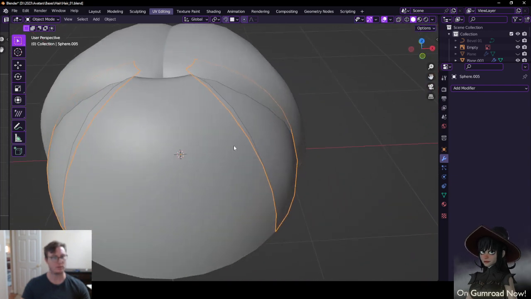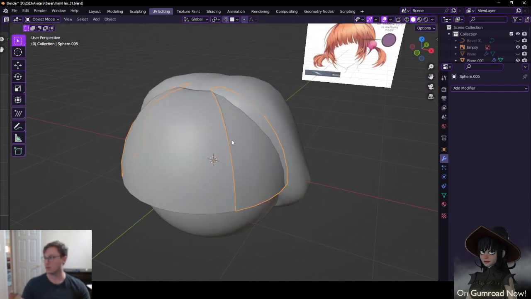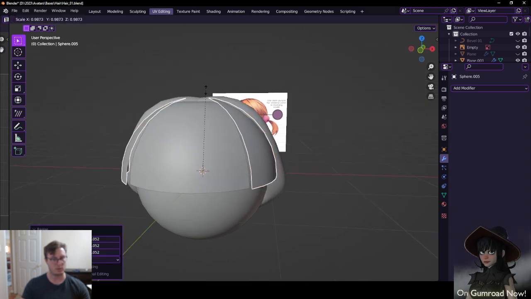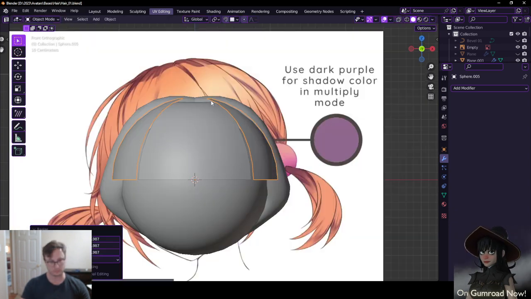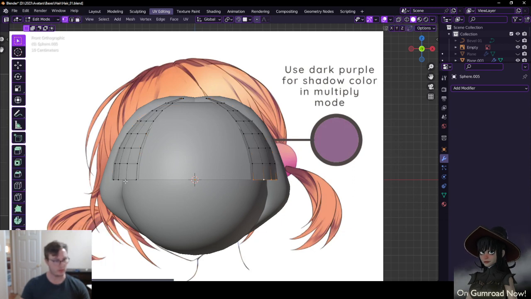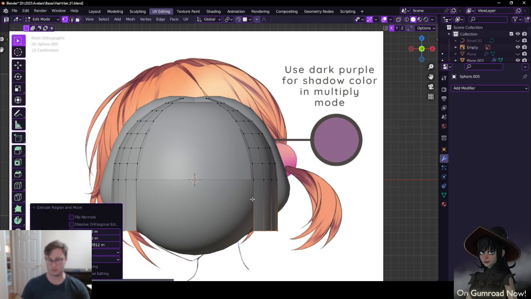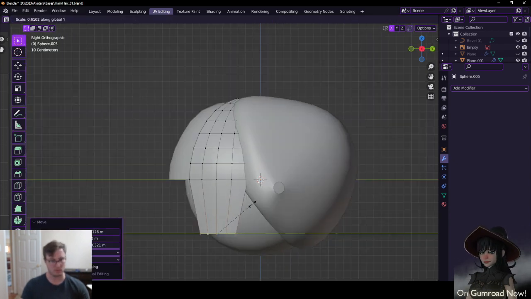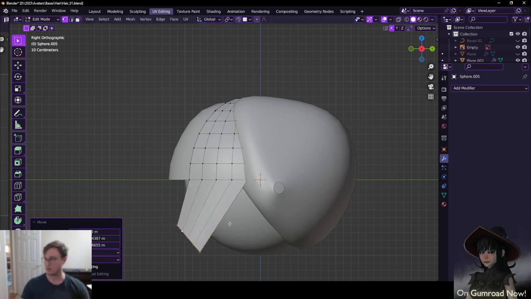Kind of like that. And then these sections actually should be bigger. And as well, these both come down and kind of